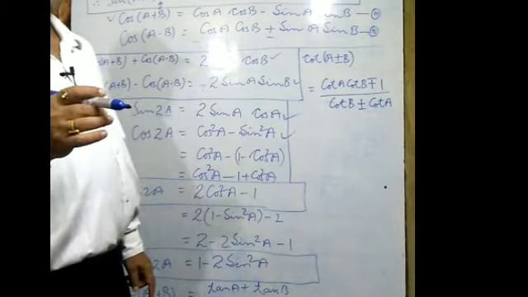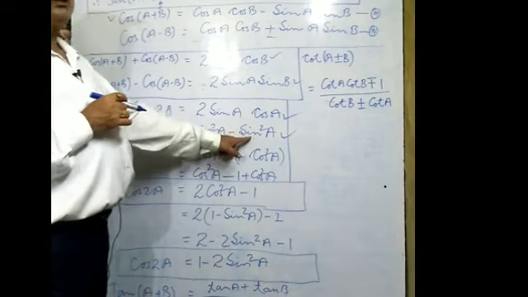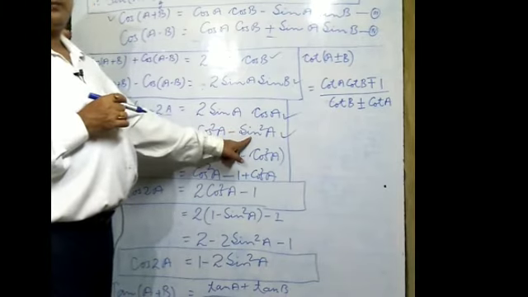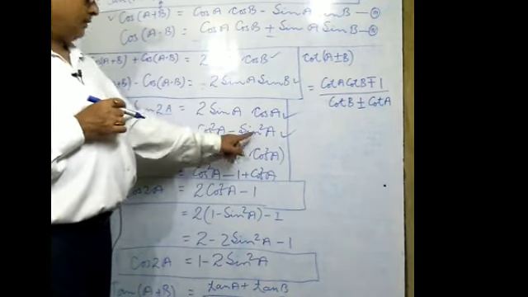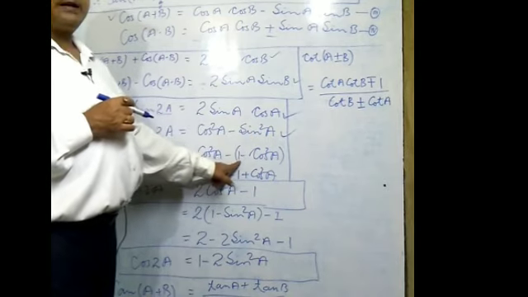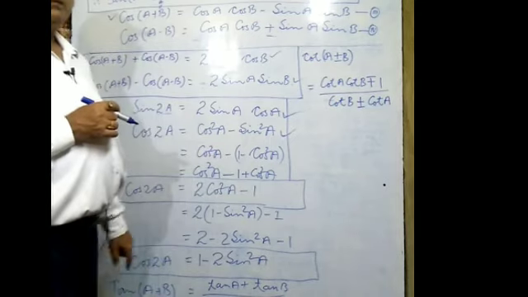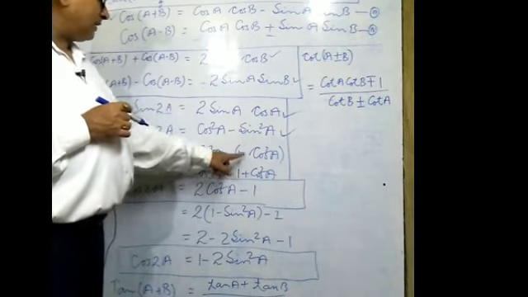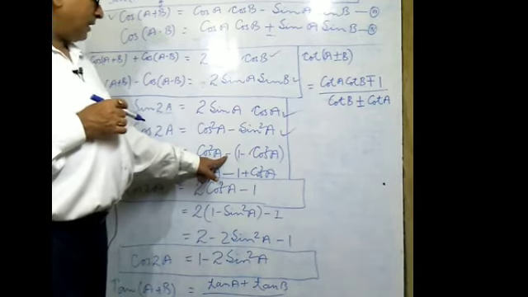These are converted as per the requirement, as per the situation, according to the question. So this sin square A is converted into cos. In the place of sin square A, we have to note down 1 minus cos square A. Now break the bracket. Since two terms are there and a minus sign is before them, so what will be there?